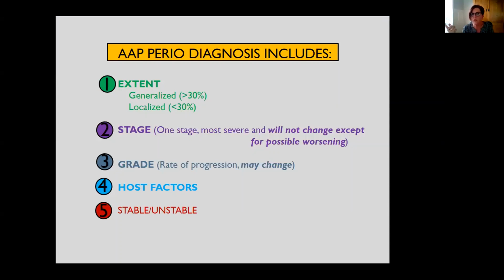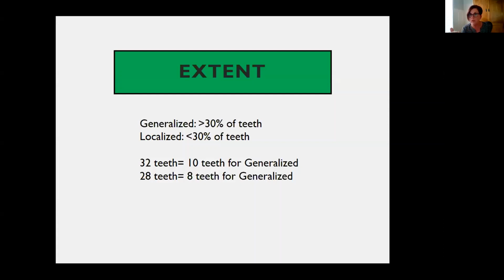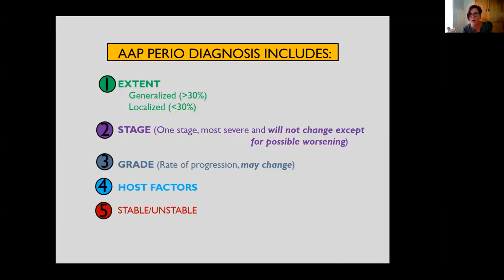The extent is generalized and localized. It's 30% of teeth. So we're just looking, do we have 30% or more of this mouth that is periodontally involved? Then yes, it would be generalized. If it's less, it's localized. The stage is going to be how severe it is, how much loss we have. We're going to use clinical attachment loss for this one, mainly. We look at the other factors as well, but mainly you're going to go with clinical attachment loss for your